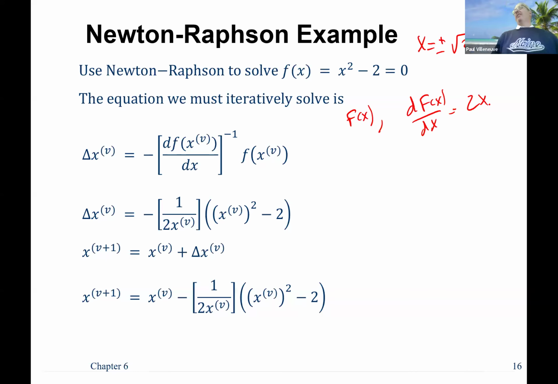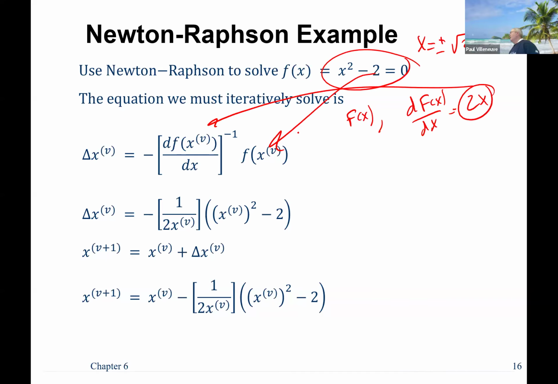It's just 2 times x, isn't it? First derivative of x squared is 2x. First derivative of negative 2 is 0 because there's no x value in there. So we now have the derivative of f of x, or f prime. Now we're ready to start dumping into our